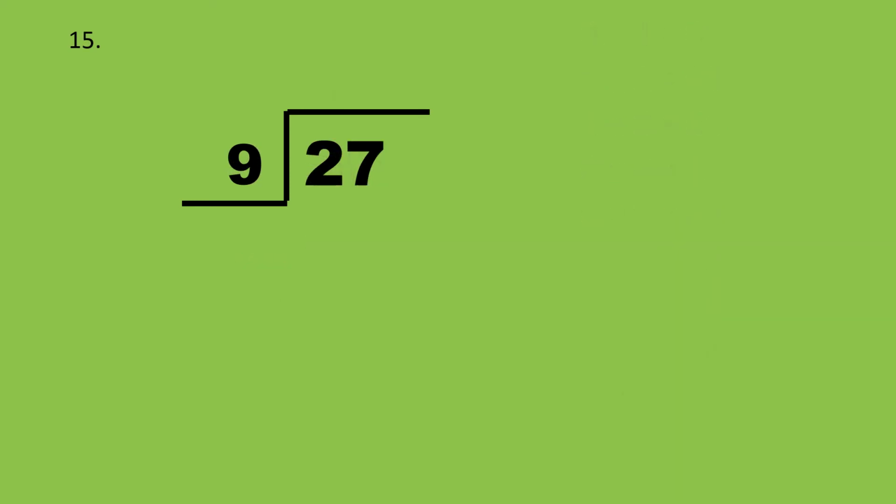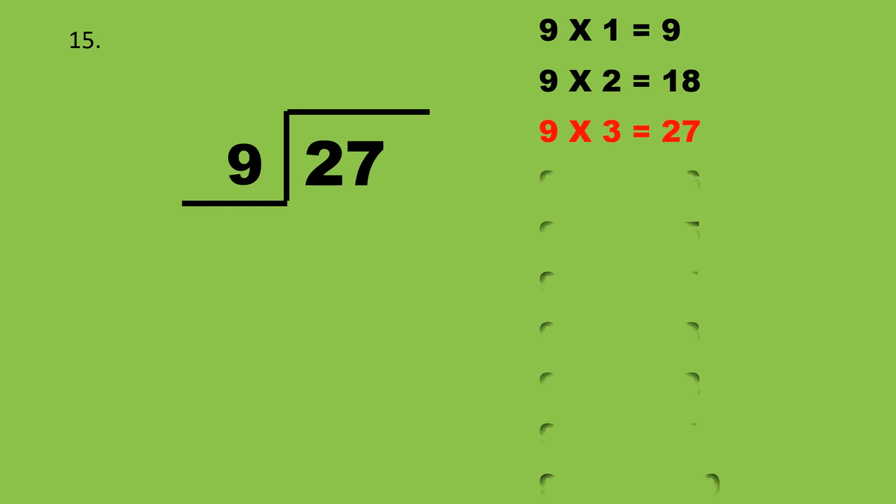Sum number 15. Okay. Now what is the question? 27 divided by 9. Now which number do we have to divide? 27 by 9. So which table will we say? The table of 9 till 27 comes. So till 27 comes you will say the table of 9. So shall we start? Yes. 9 ones are 9, 9 twos are 18, 9 threes are 27.